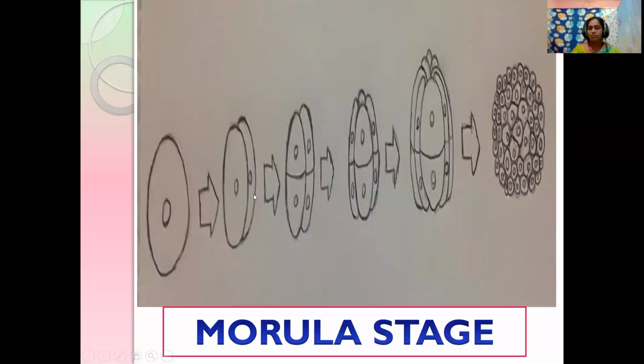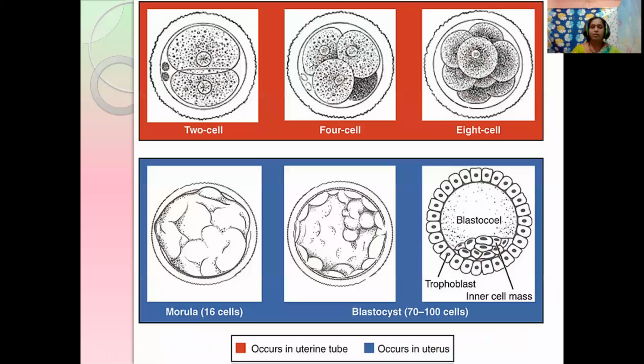Next comes the morula stage. Here the cells form by mitotic division into a mass of cells with a ball-like appearance. Just see, students, this ball-like mass of cells is called the morula stage. It converts from 2 cell, 4 cell, 8 cell. This is all the cleavage, and here comes the morula stage, the 16 to 32 celled stage.